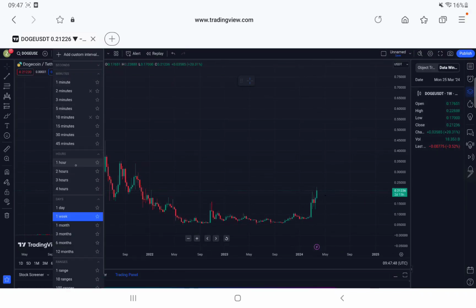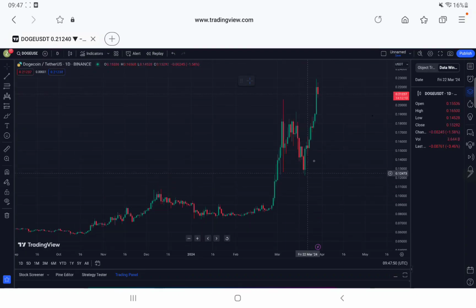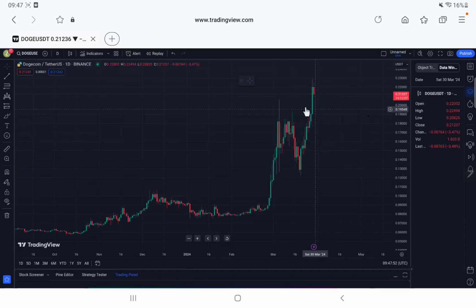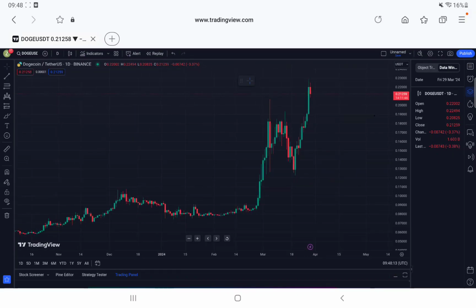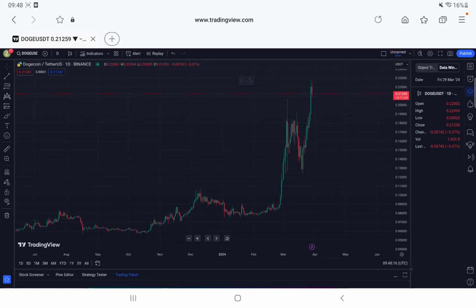The interesting thing here on the Dogecoin chart is, yesterday, that candle is a 20% candle. We moved up to about 23 cents from about 19 cents. That is give or take about a 20% candle. It was about 23% when I looked on Binance yesterday. This chart has been going absolutely bonkers, and it's partly due to the fact that I think Elon Musk did tweet. I think he does technically play quite a bit of a part in